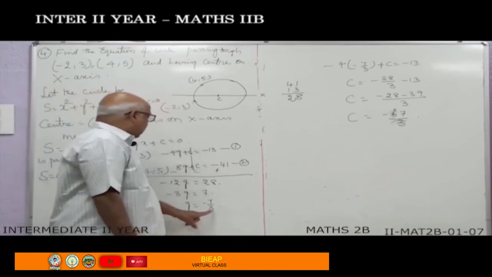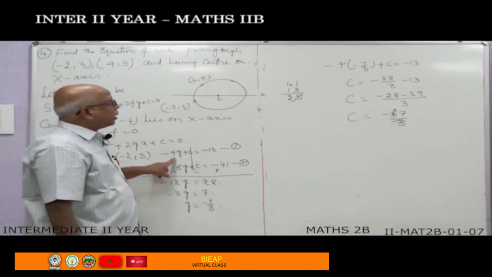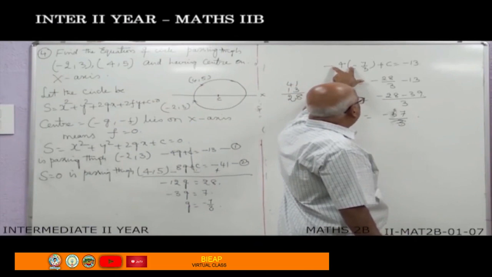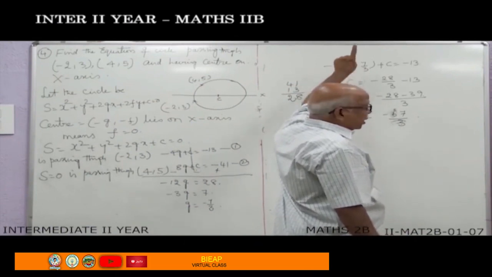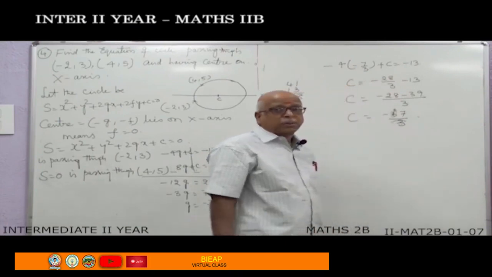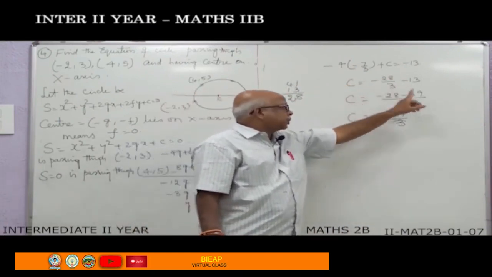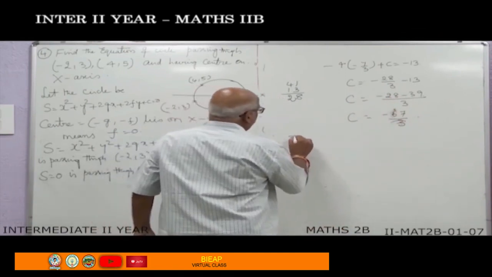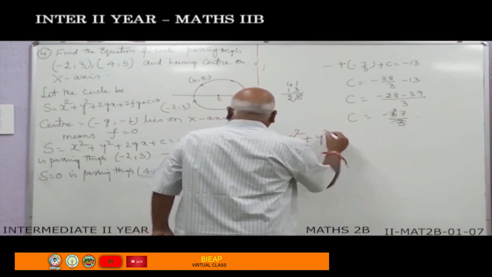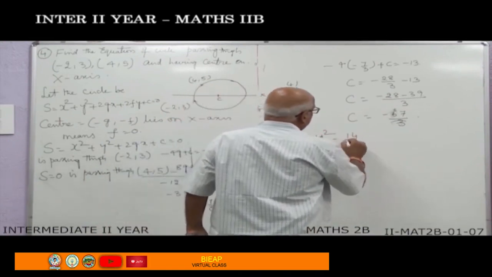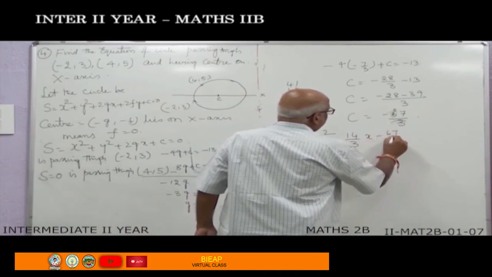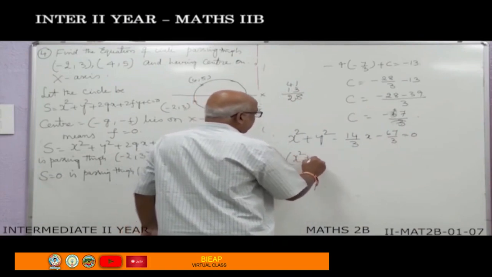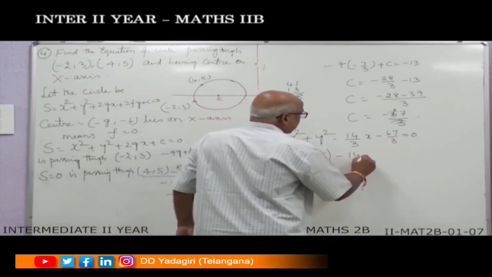Substitute G in this equation. Minus 4 into minus 7 by 3, minus into minus plus, 28 by 3. Take it to opposite side. Minus 28 by 3. Taking LCM, 39. This is 67. Therefore, circle equation is x square plus y square plus 2gx, minus 14 by 3 into x minus 67 by 3 equal to 0. In other words, x square plus y square minus 14x minus 67 equal